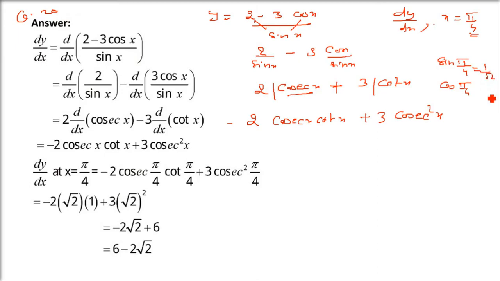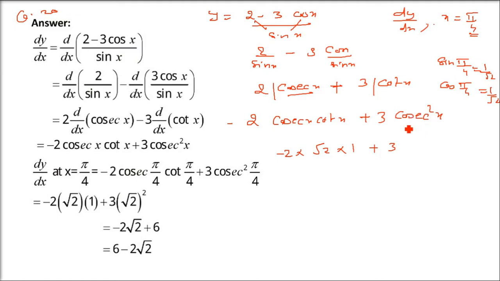And tan is sin by cos, 1 by root 2 divided by 1 by root 2, which is 1. So tan is also 1 and cot is also 1. Cosec x is the inverse of sin x, so if sin x is 1 by root 2, cosec x will be root 2. Cot x, as I said, will be 1. Tan x is also 1 and this cot is also 1.